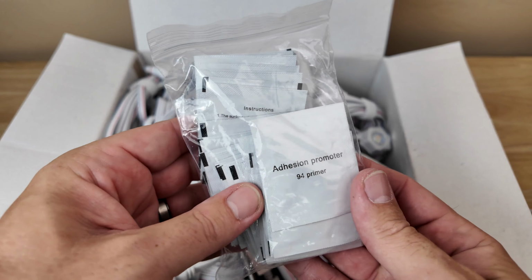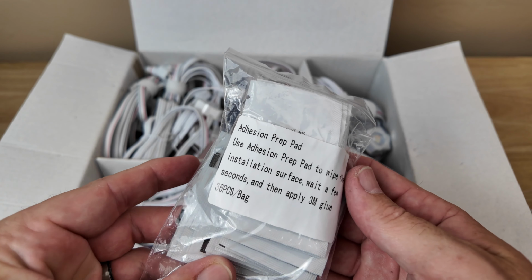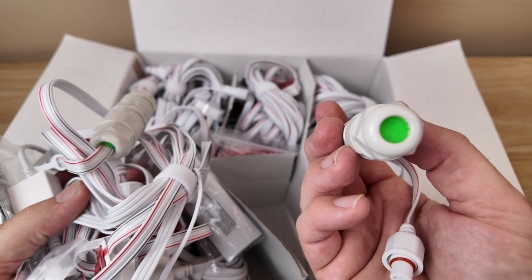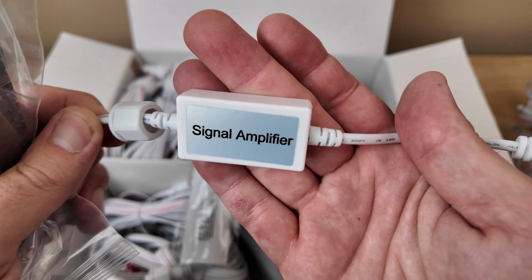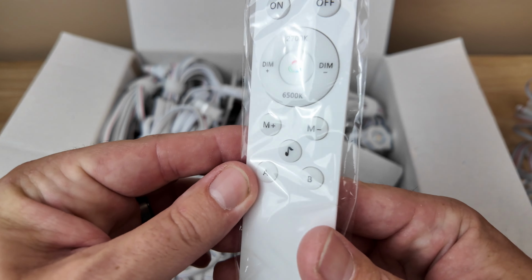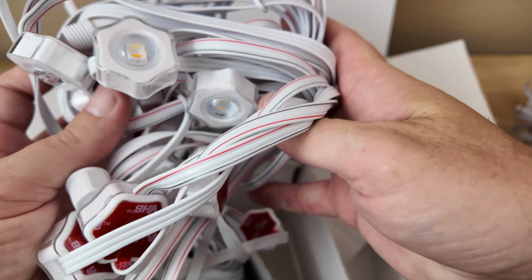They even include these alcohol wipes, so when you're putting the 3M sticky back to the eaves of your house, you can wipe off and prep the area. So it's nice they include those. They include plenty of extensions and additional weatherproof cables, including the signal amplifier in case you use all three of the extension cables. Here you actually get a remote, a physical remote,